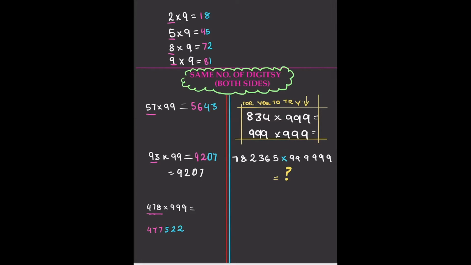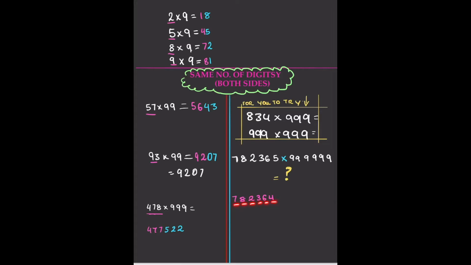Okay, so let's go on to this one. Let's see how fast we can do this one. We're going to take away 1 from this number over here. So take away 1 will be 782364. That's taking away 1. We're going to see which numbers we will have to add to these individual digits to